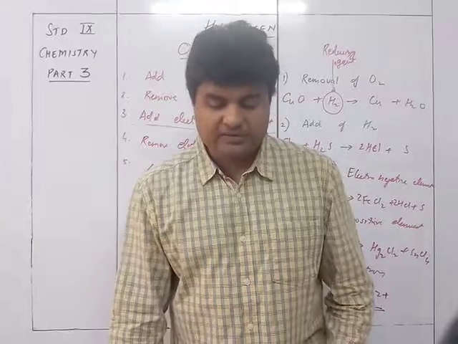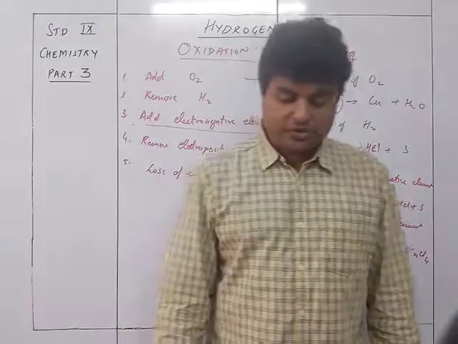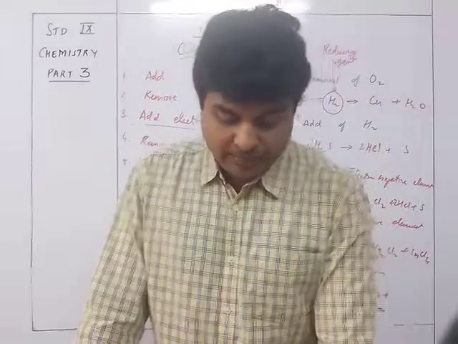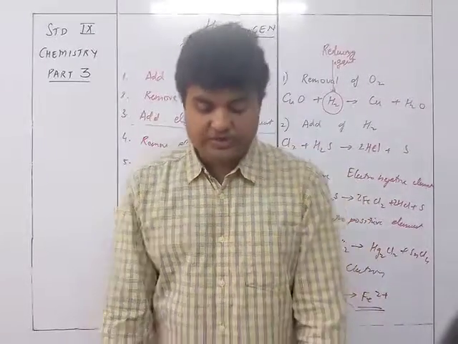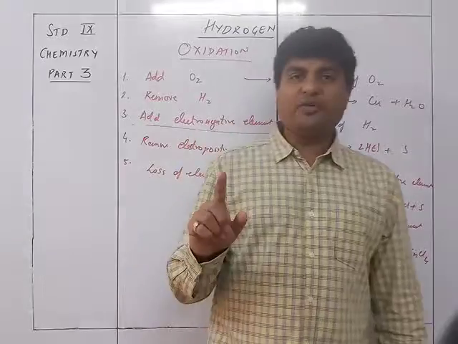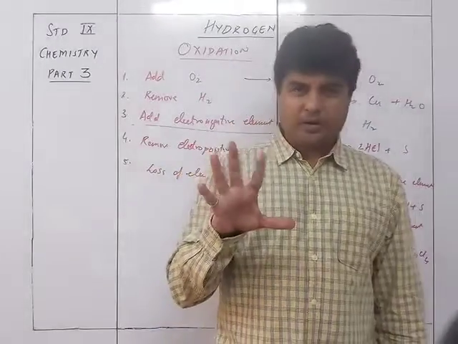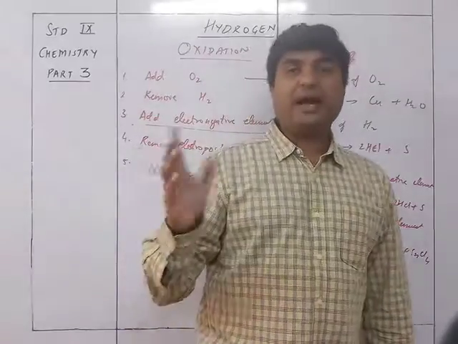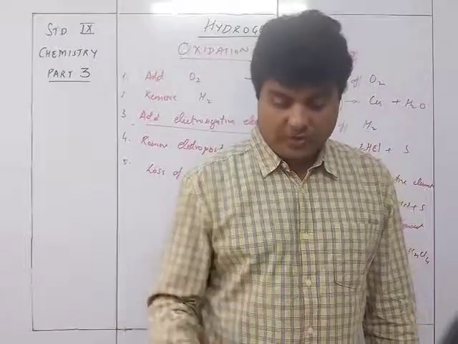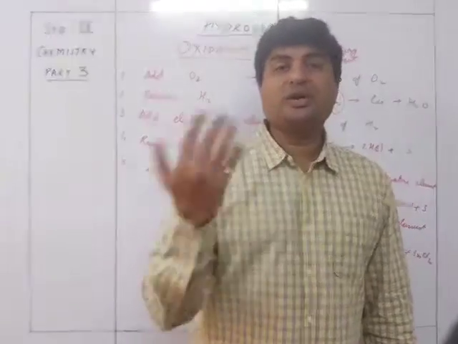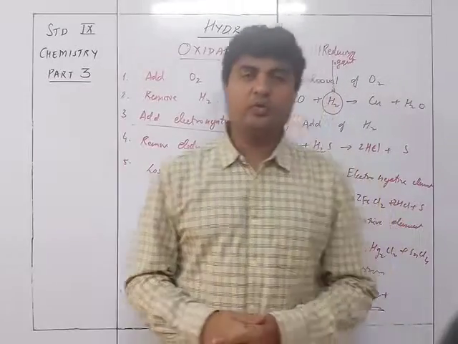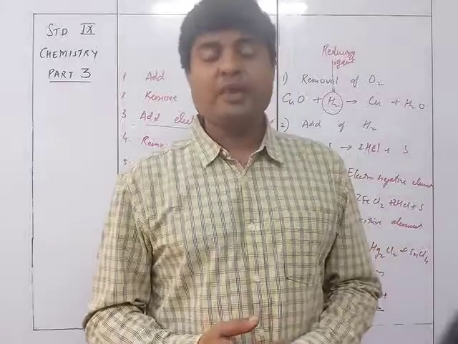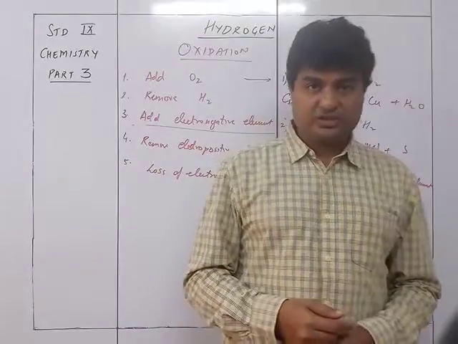And if it reacts with acidified KMnO4 solution, which is purple or pink, it gives a colorless solution. K2Cr2O7 solution, which is orange, gives you green solution. So KMnO4, which is purple or pink, will give you colorless, and K2Cr2O7, which is orange in color, is going to turn green, giving you chromic oxide. So these are the reactions or the tests for identifying the reducing agents.